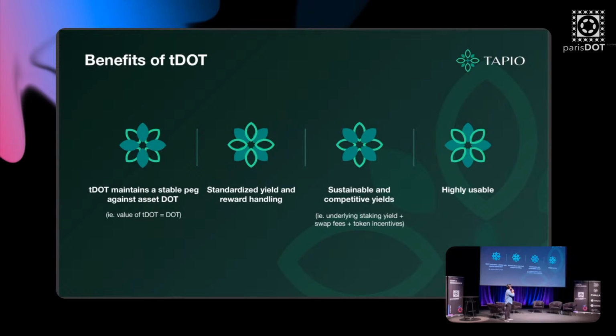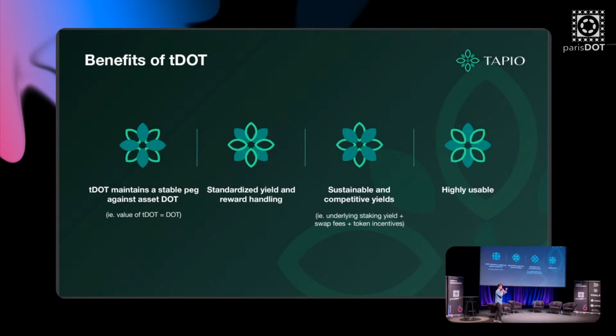The second benefit is the standardized yield handling and rewards handling for crowd loans. As I mentioned a little bit earlier, different formats of staking and crowd loan derivatives have different yield mechanisms as well as redemption periods. So we've standardized that process. So it makes it easy for users to claim the rewards or the staking yield. The third benefit is sustainable and competitive yield. And you guys can see this benefit directly via the Acala platform, actually.